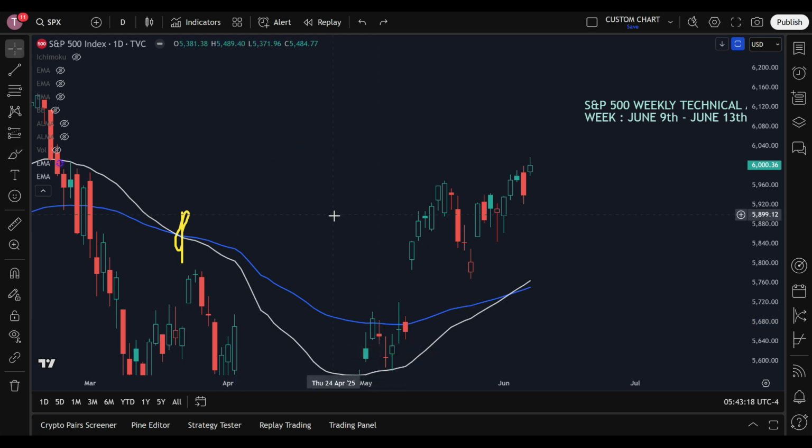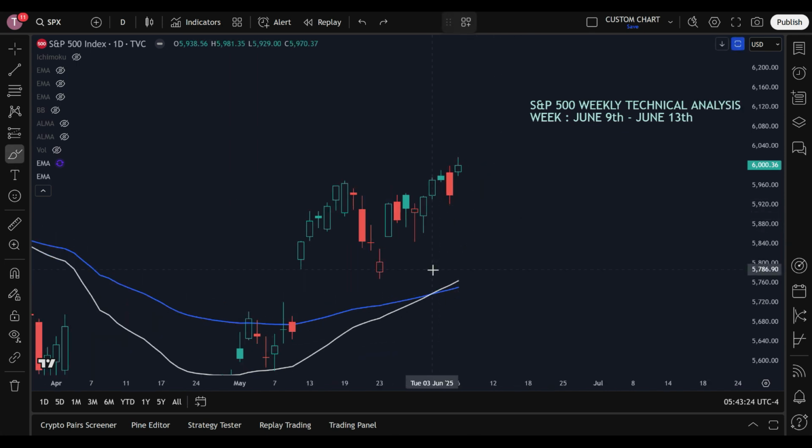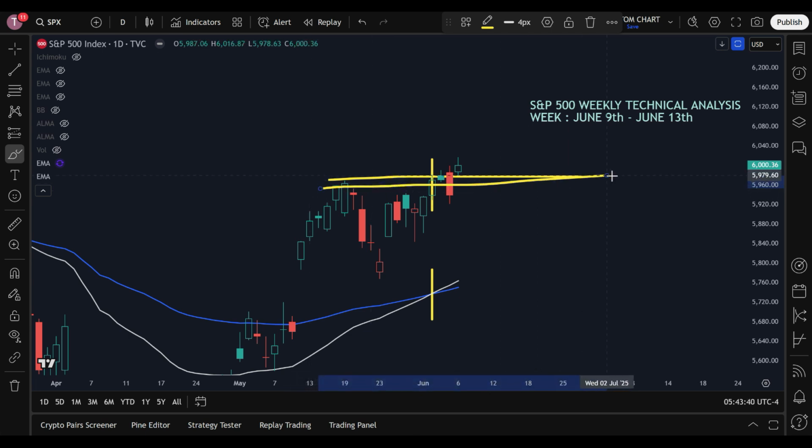In a similar manner, if you notice, now there is a confirmed crossover in the moving averages. This happened on Tuesday. That was the reason why the S&P 500 managed to sustain even after the rejection from the confluence zone. Although it closed inside the confluence zone, it still managed to sustain, because last time when it tested the confluence zone it failed, as there was no such support. This time there was support. The next day also it sustained.